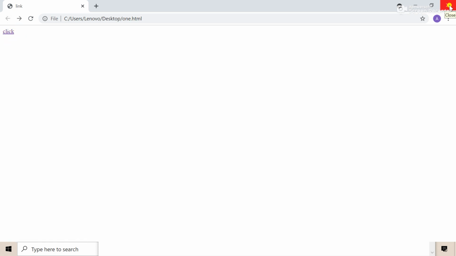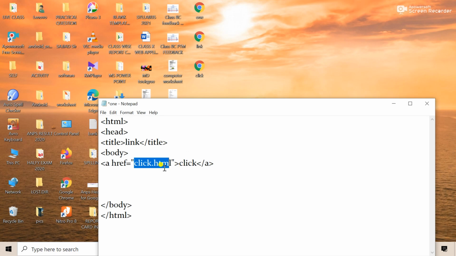And in the other case, I am saying this again because students make mistakes on this portion only. Suppose the name of the source file is click.html, but you link to any other pages, so the page is not open. Why? Because you changed the name.